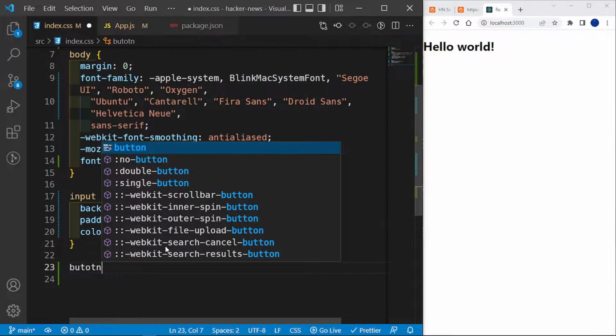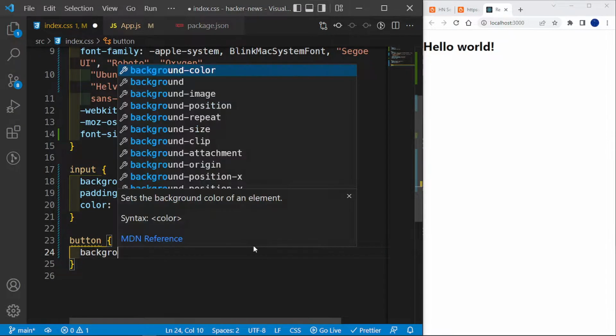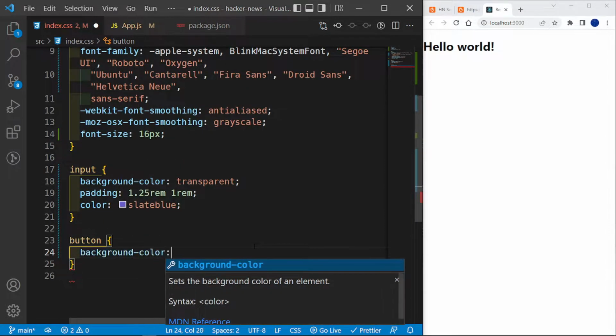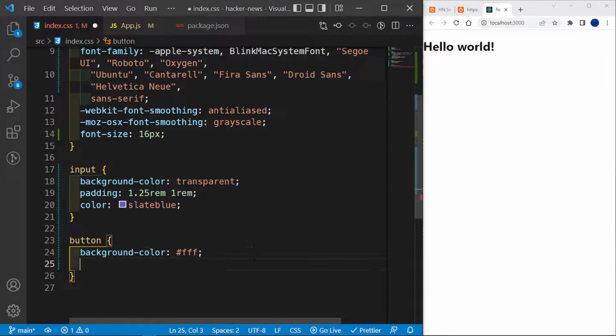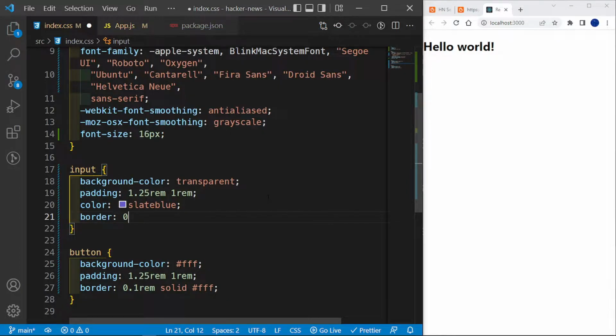And then I'm going to have a button here, which is going to be our submit button for the form. And this is going to have a background color of white with padding similar to the input, so 1.25 rem and 1 rem. And then this is going to have a border of 2 pixels, or let me say 0.1 rem, solid and white. And the input as well is going to have a border of 0.1 rem, solid, and it's going to have the same color as